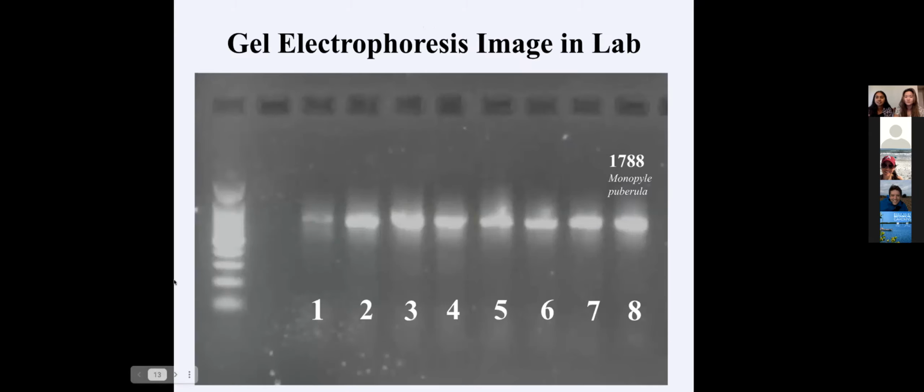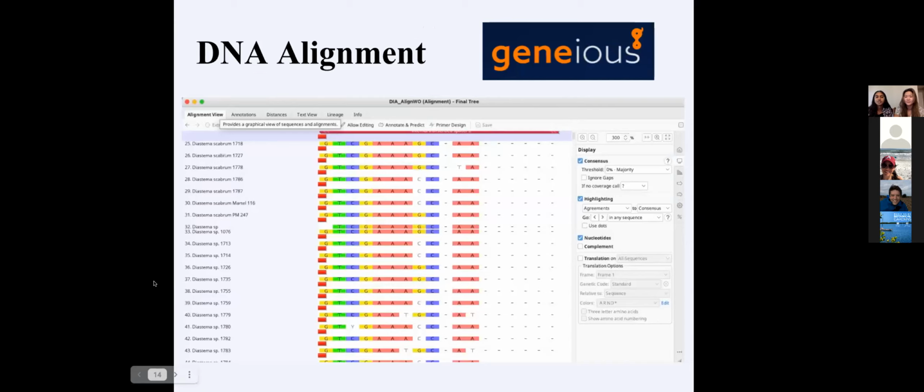And here's an image of what we produced with gel electrophoresis. The ladder DNA all the way on the left is used to confirm the size of the gene region that we amplified. And all of our samples are similar lengths that correspond to the ITS region. In the last well, we have monophyly puberella, which will show up on a tree later. We use Geneious, which is a bioinformatics software, to align our DNA and produce a simplified phylogeny to check our data. And now onto our results.